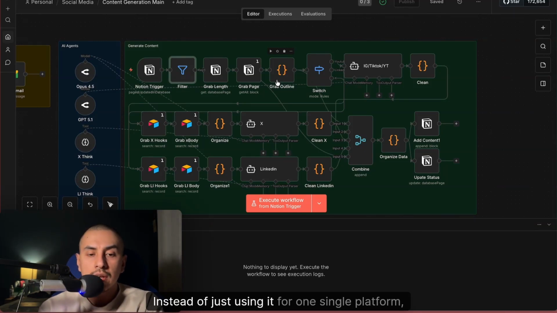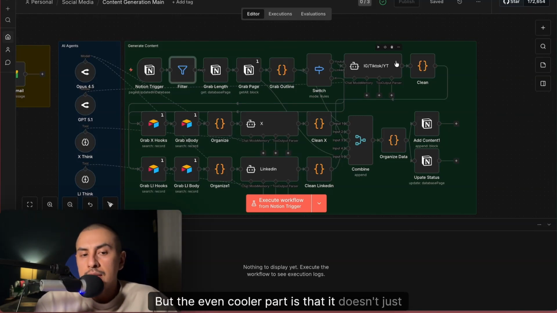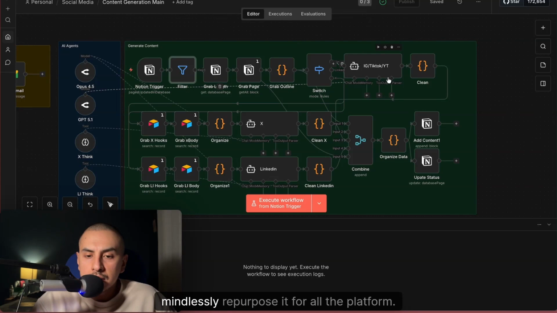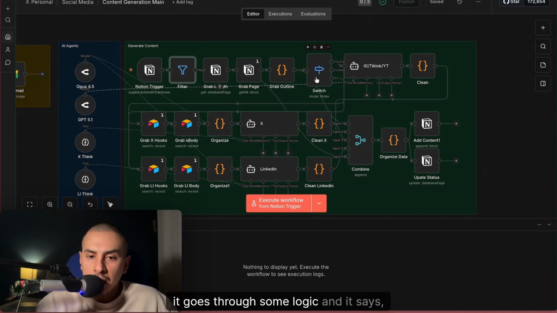Instead of just using it for one single platform, I repurpose it for X and LinkedIn. But the even cooler part is that it doesn't just go by this linearly, meaning it doesn't just take one single script and mindlessly repurpose it for all the platforms, because sometimes an idea doesn't make sense for all the platforms. That's been my experience. And so what this does is it goes through some logic and it says, is this